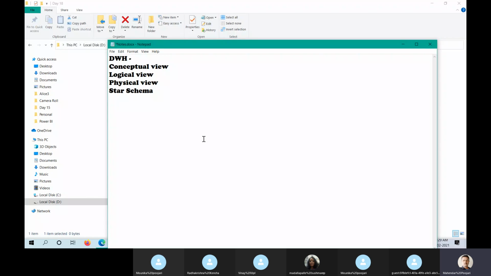In the conceptual view, you will define the entity. You are not sure whether that is a table or a view or a stored procedure. You might not know, but you will define: I have a sales entity. Inside the sales entity, how does that look, how many keys are there.